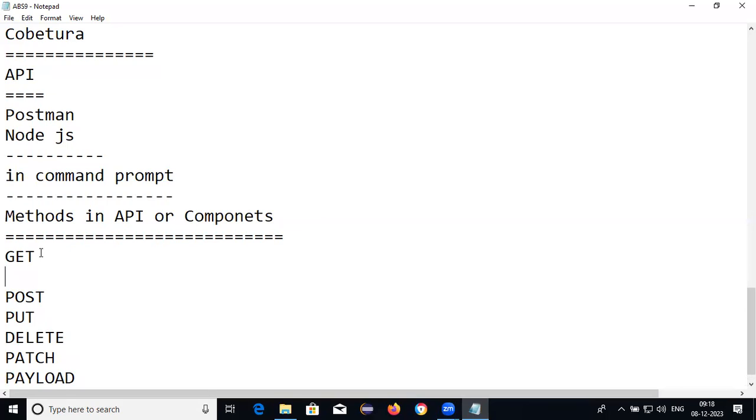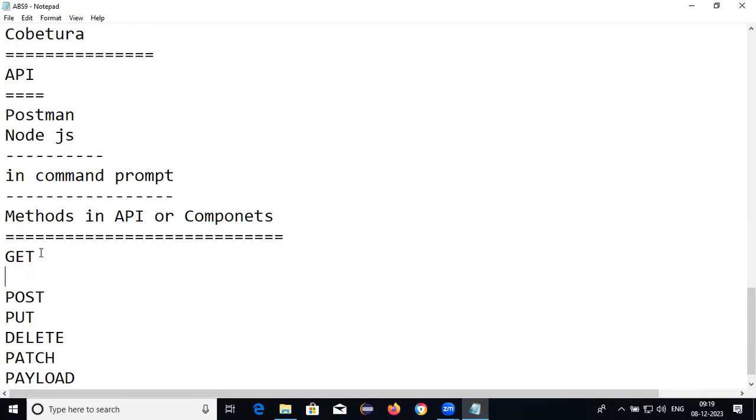If you provide a request to the API with a query parameter, the API checks whether the query parameter related data exists, and will provide the response to the user.